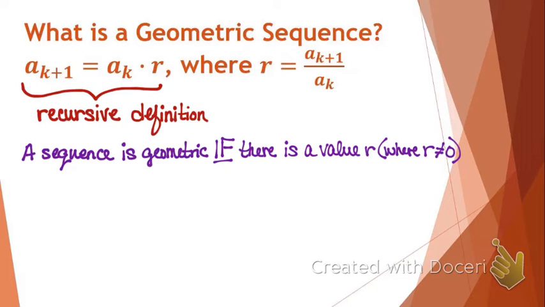Why do we have that caveat in there? 0 multiplied by anything is 0. So if we multiply by 0, we're not going to have this sequence that is geometric in nature. We're just going to have an output of 0 each time. So if there's a value of r such that a sub k plus 1 is equal to a sub k times r,